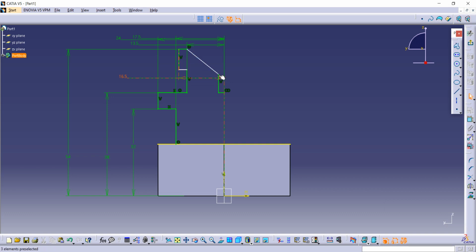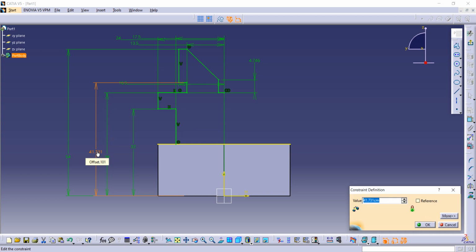Now one step is remaining, the distance between both of these. So the distance between this and this is given as 3, and the distance of this line to this white line to this surface is given as 43.